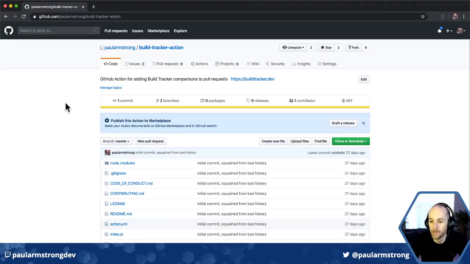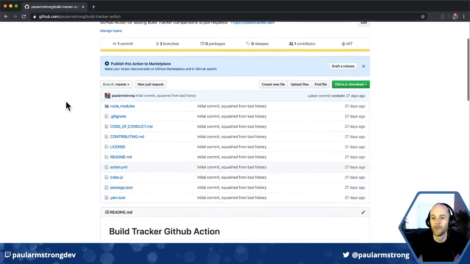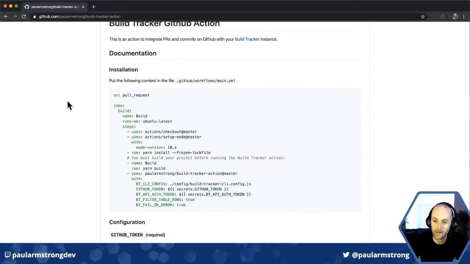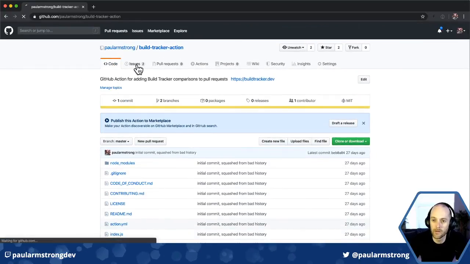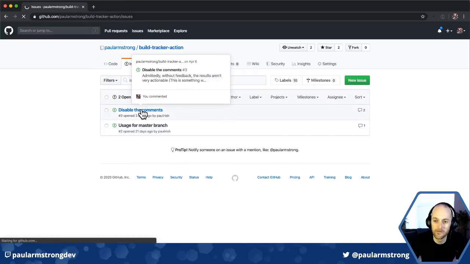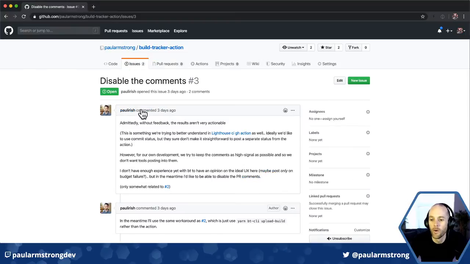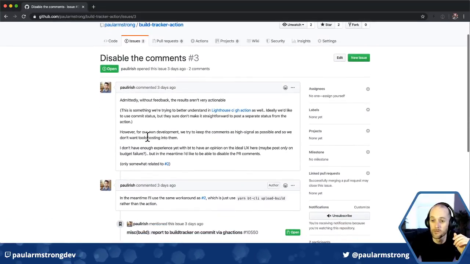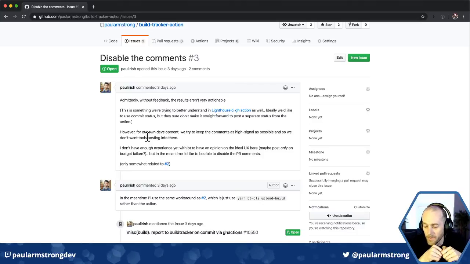And I had written, and by written I mean did a lot of cargo culting to write, this build tracker action for GitHub, in which it only really works on pull requests right now. So that's kind of a big downer for it. So there's that side of it, and then the other side. I think we can do this other task first, which is actually really easy, which is just disable writing a comment while there are no problems with your budgets. Or I think we want to do two steps here. So the issue was